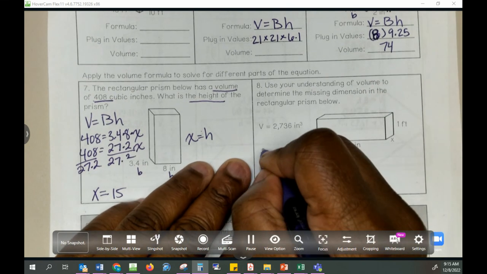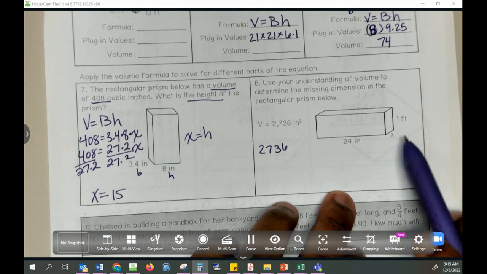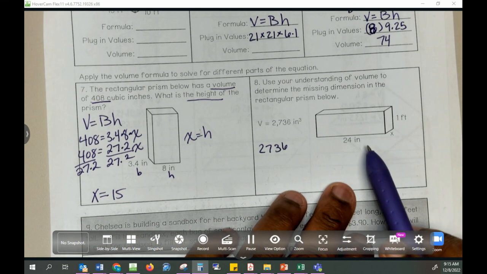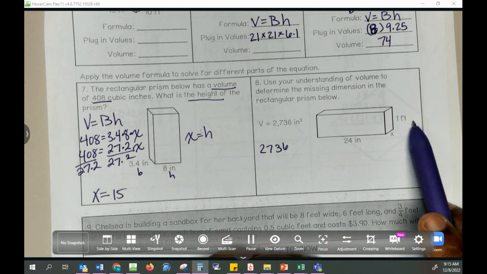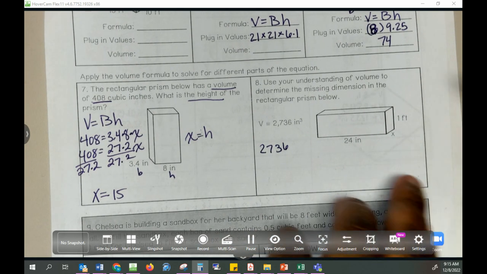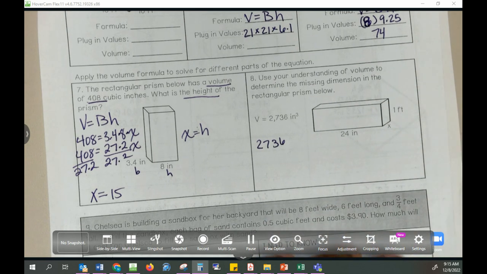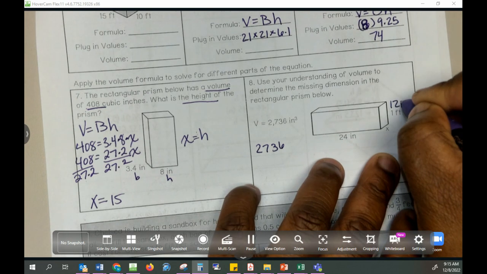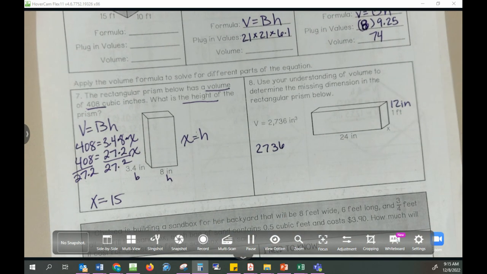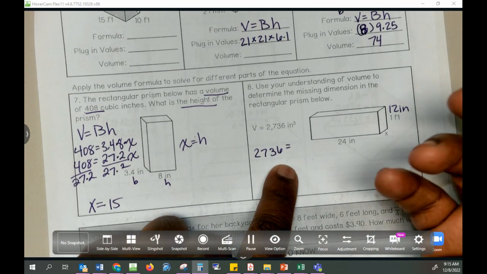So if you have 2736, well, first, everything should be in the same units. That's one thing we want to look at. So if this is 24 inches, this is X, and this is in feet, we can even turn this 1 foot into inches. Because how many inches is in 1 foot? 12. So we can say this is 12 inches. And so now we're sure that everything is going to be in inches. So if we operate from that place, then we will say